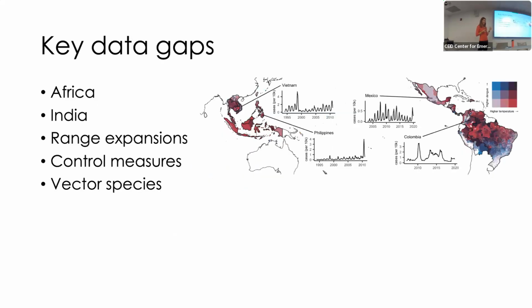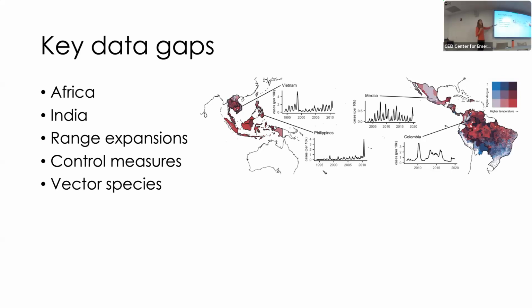So getting to those key data gaps now, you can see our map just conveniently is centered on the Pacific Ocean and is missing most of the world where there could be dengue. Maybe there already is dengue, but we don't have really good case reports. So we're missing all of sub-Saharan Africa, where we think dengue is an under-recognized burden now. We're missing India. We're also missing places where dengue could be having a range expansion, where there's not a lot of dengue now, and there hasn't been enough historical dengue to have consistent case reporting, but we could see range